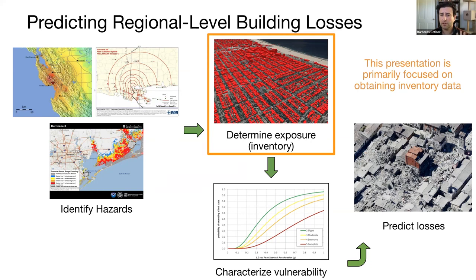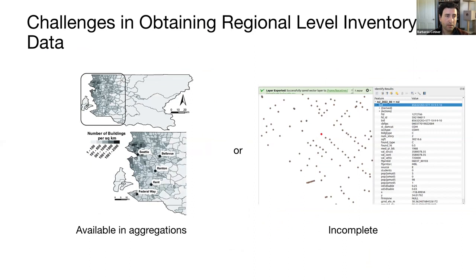And when we talk about inventory, at least for this presentation, we have upcoming tools for other sorts of infrastructure, but here we're really focusing on just buildings. And the snippet of image you're seeing here is a building inventory developed for Santa Monica, California, a city in the Los Angeles area, where we were able to extract the building heights and footprints and some other attributes, and by extruding the footprint up to the building height, we got these three-dimensional geometries. If time permits, we're hopefully going to create something like this on a smaller scale. Okay, well,